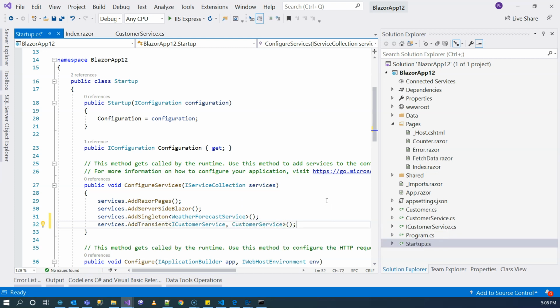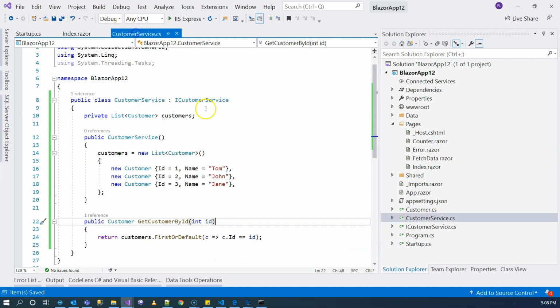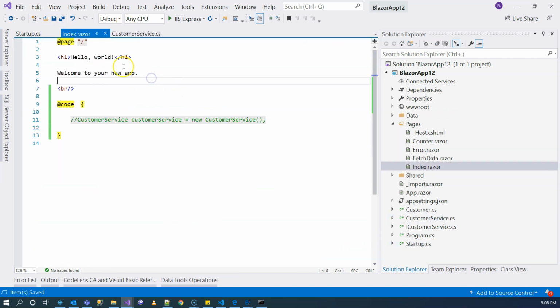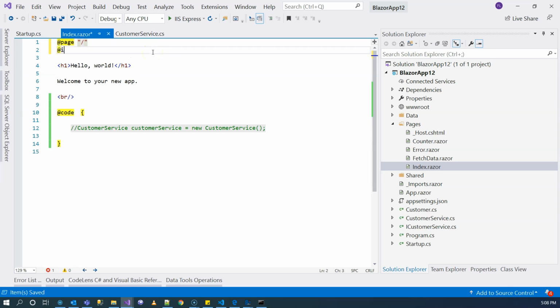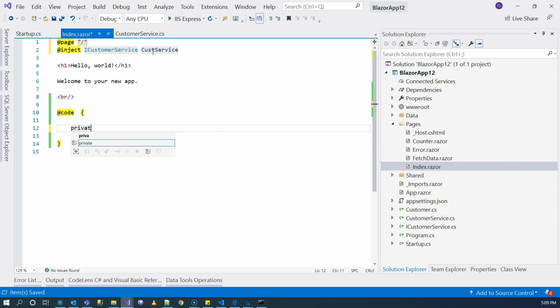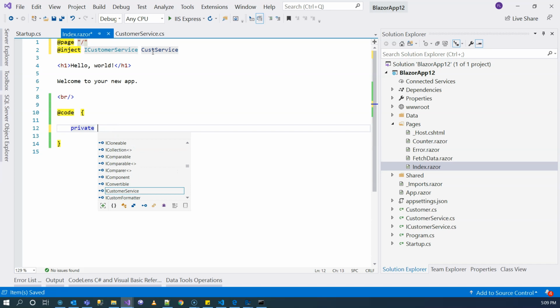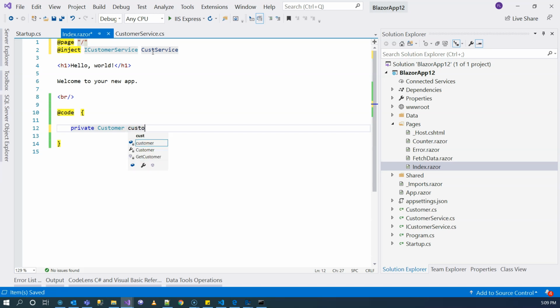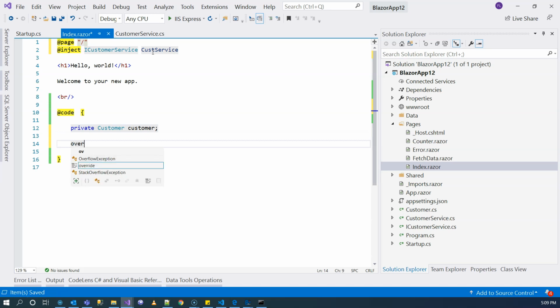And then when we ask for it, we go to our component where we want to use the customer service, and we just say inject customer service. And then right over here, we can just declare a private customer. This is our model class, so it's okay to be dependent on our model class. And then in the override, let's override